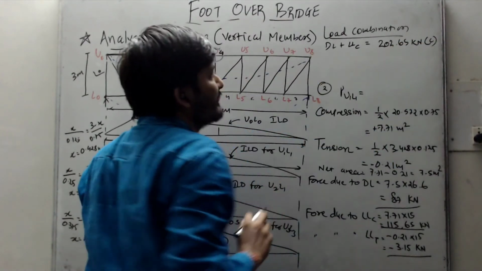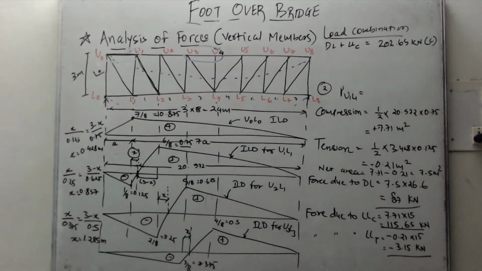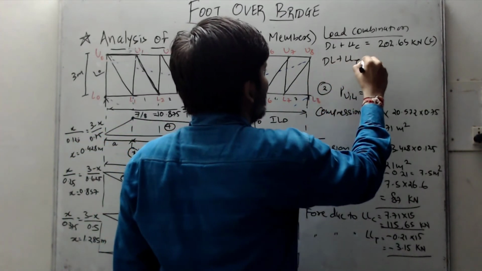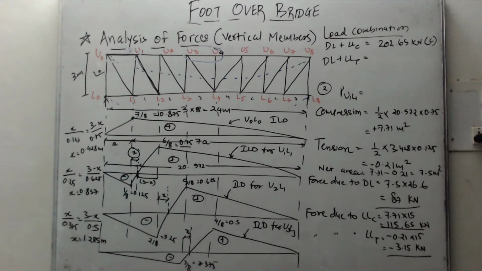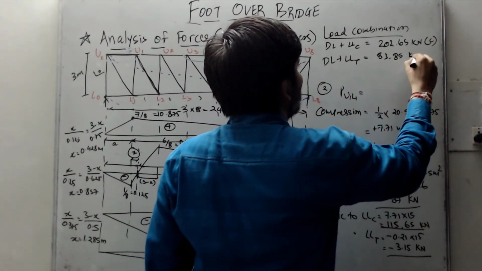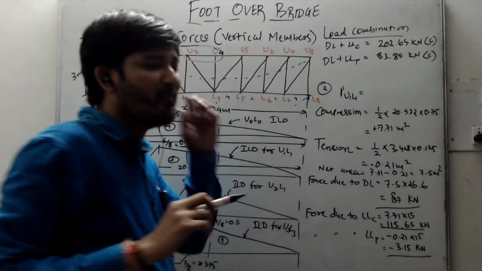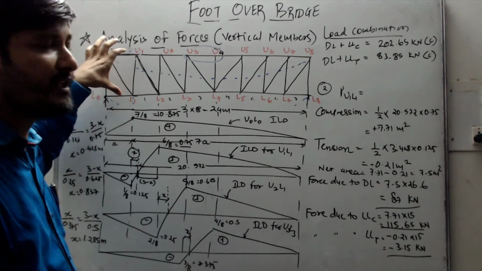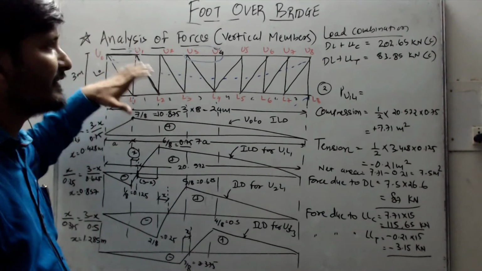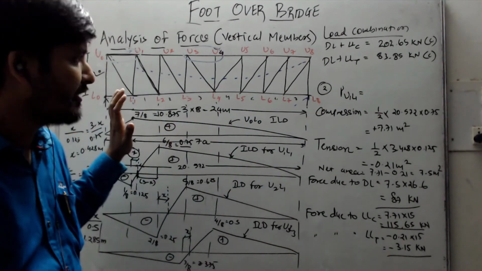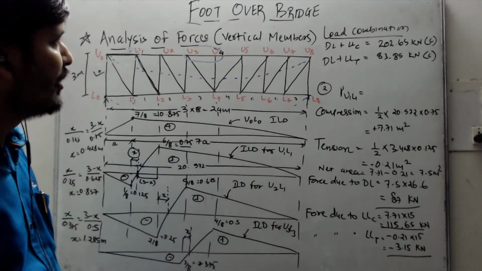And second load combination is dead load plus live load tension. So this will give me 87 minus 3.15. So it is 83.85 kilonewton, again compression. So both the combinations are coming in compression. So what we can conclude is this U0L1 member will be under compression force only. So this will be designed as a compression member, right? So this is the logic behind this load combination. So this is how to calculate the loads in PU0L1 member.